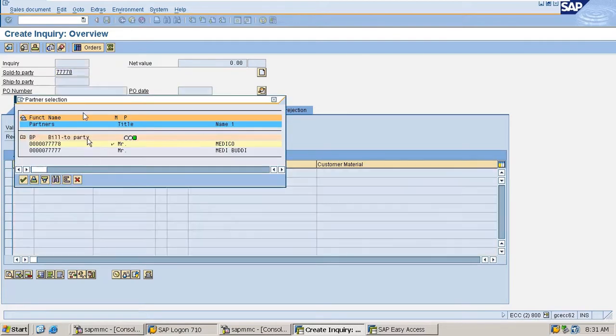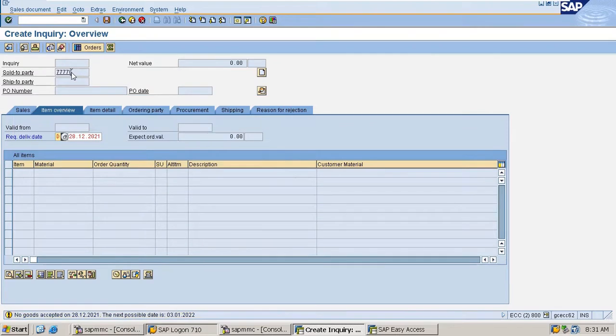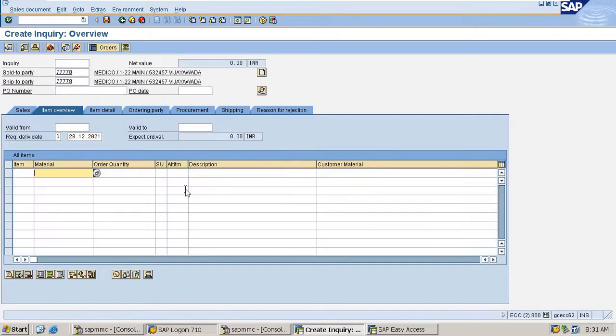So they will create the inquiry like this. Who is the sold to party? This one, who placed the inquiry. And for the material Dolo 650, they want the quantity of 10. So they require 10 quantity of this material. So they will place the inquiry like this. Then they will save. Okay. And if we go inside the change mode of inquiry,